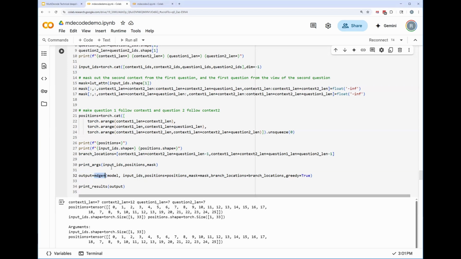One other thing I was going to mention, Ted, is we have right now in this example kind of the core engine: if you've got the position, the attention mask, branch locations and input IDs, they're all using the same MD-Gen. The bookkeeping right now is all done by hand. This is a nightmare, right? So the next step would be a use case that says I want to do